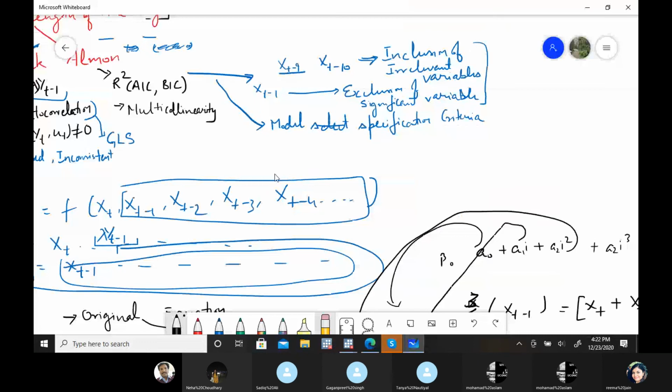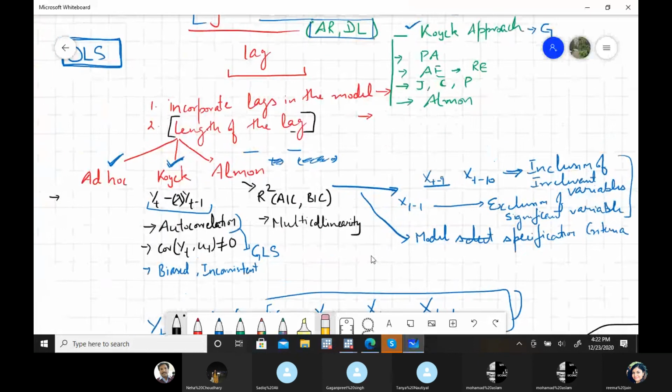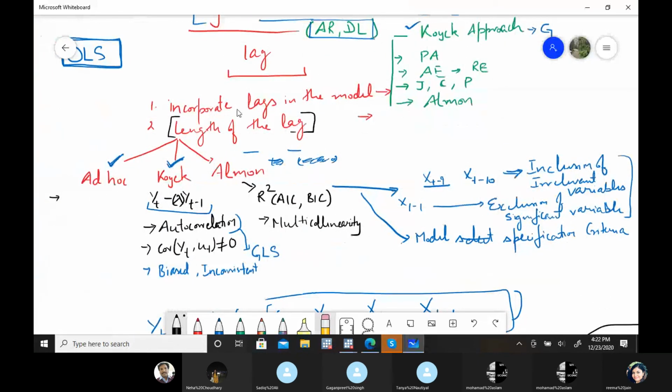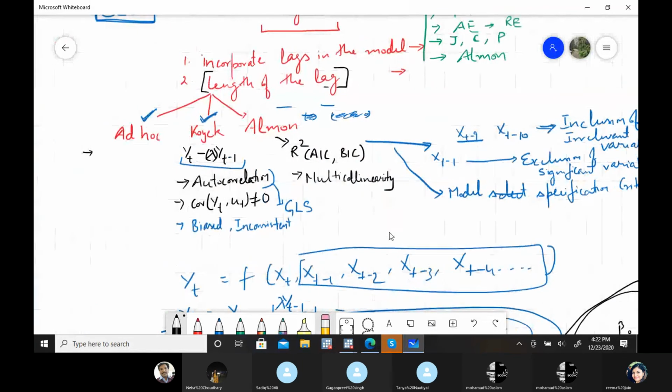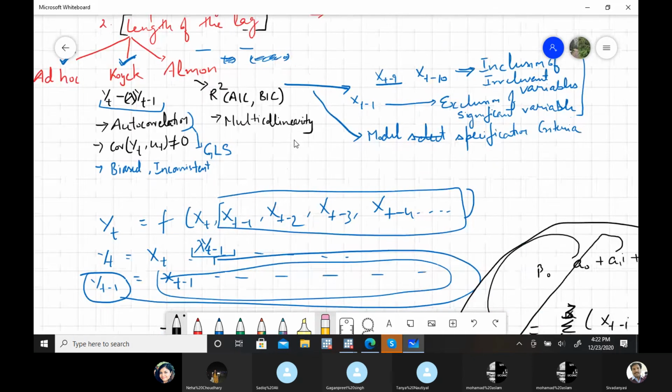So this is Almon's approach, that is how they have incorporated lags into a model and answered the question of the length of the lag. But there is a problem of multicollinearity with this particular approach, and you have to deal with that. Any doubt in Almon's approach?